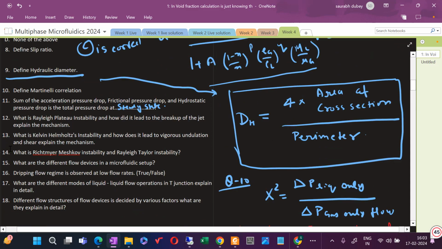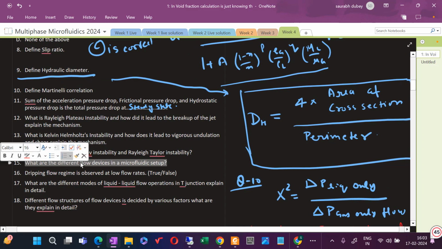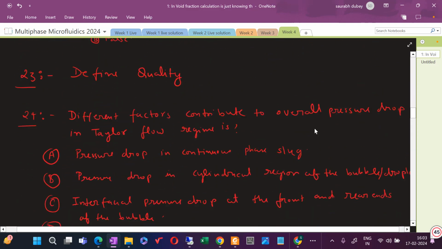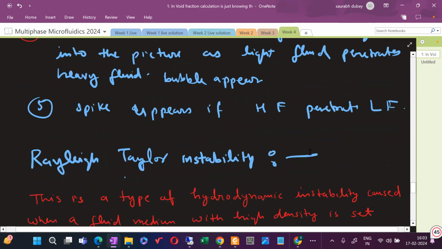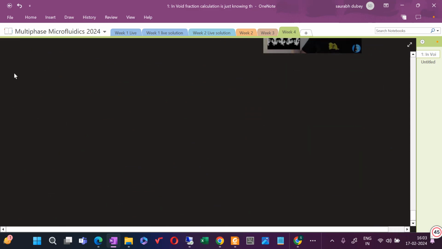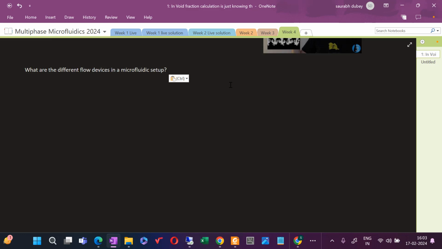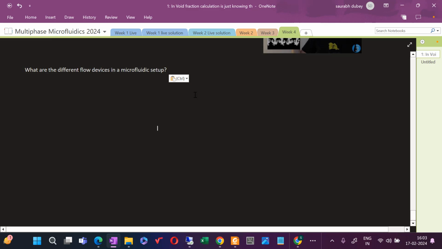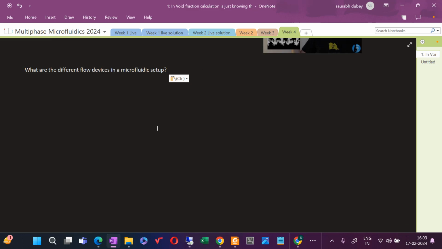Just copy this question: What are the different flow devices in the microfluidic setup? So this is the next question in our hand, and if you remember, this was there in the discussion in the class. This was a part of the liquid